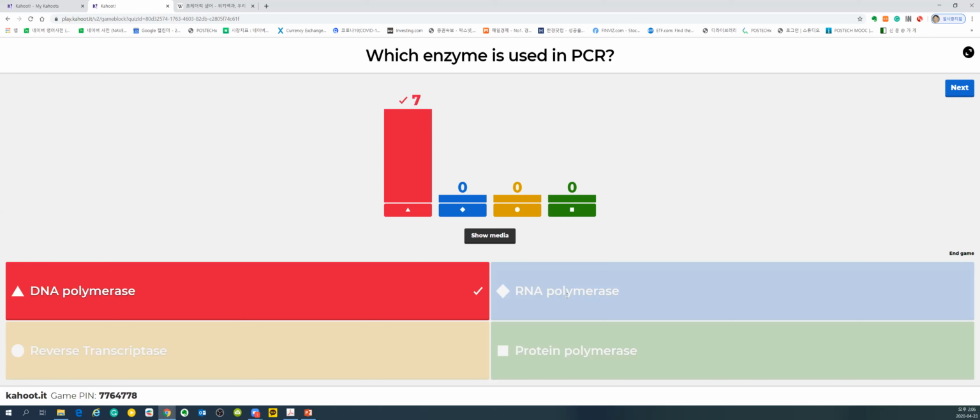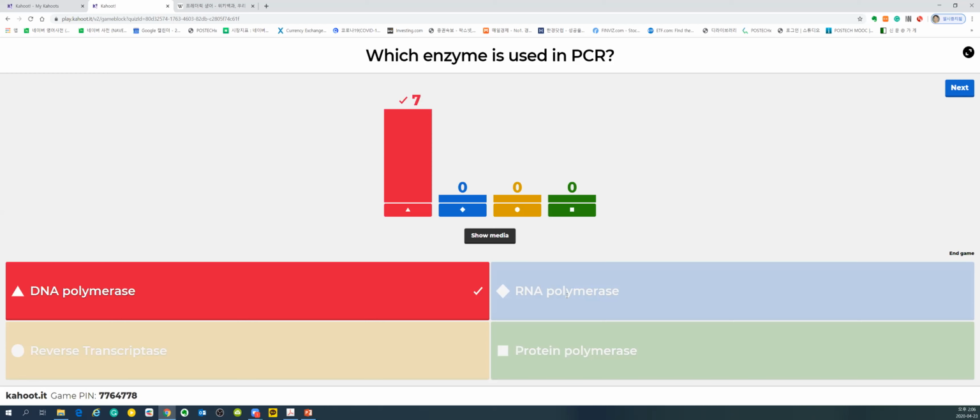So yes, what is that? Ribosome. It's a ribosome. So rRNA or ribosome, it is protein polymerase. We don't call it protein polymerase, but if you interpret that into that meaning, then it's a ribosome. Yeah, ribosome is making protein, right?